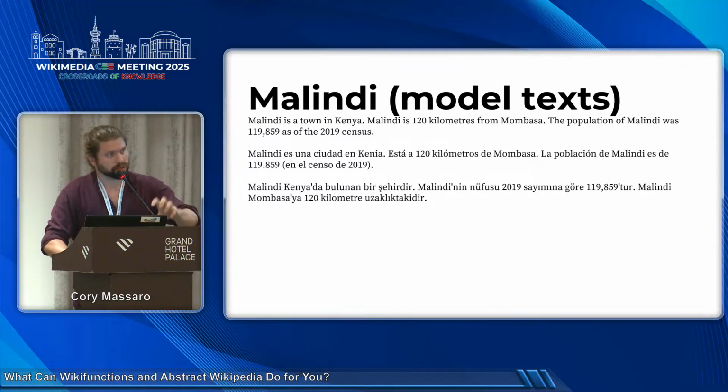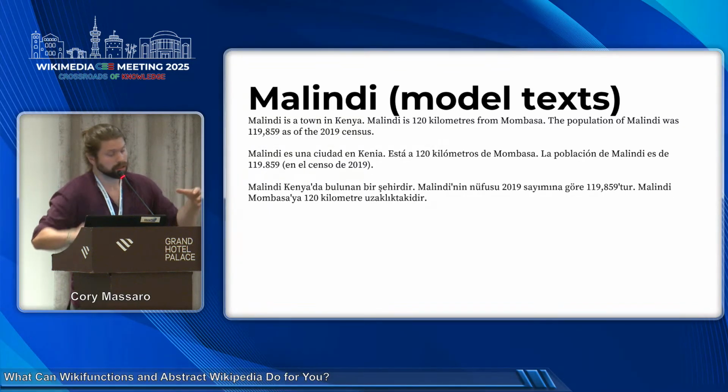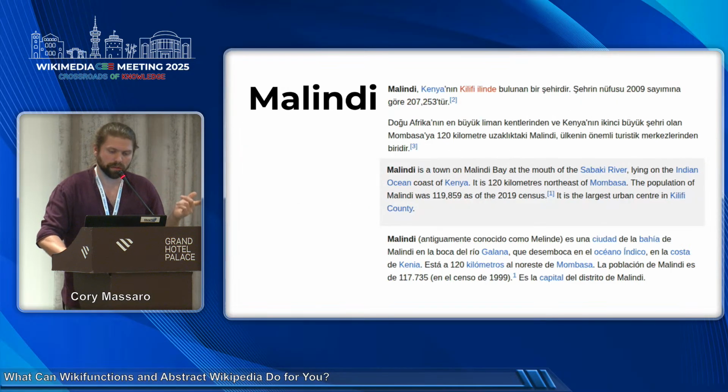So we already have a few functions that aren't doing the full natural language generation workflow you might like, but they are taking pieces of information from Wikidata, using the labels, and stitching them together to generate sentences. So this is the current state of the art, that we can at least get these very simple sentences. It's a town in Kenya, it's 120 kilometers from Mombasa, this is the population, and we would of course get the most recent census. So this would be a win if we feel that the most recent census is the important one to display, because as we saw, only one of these languages has that information.